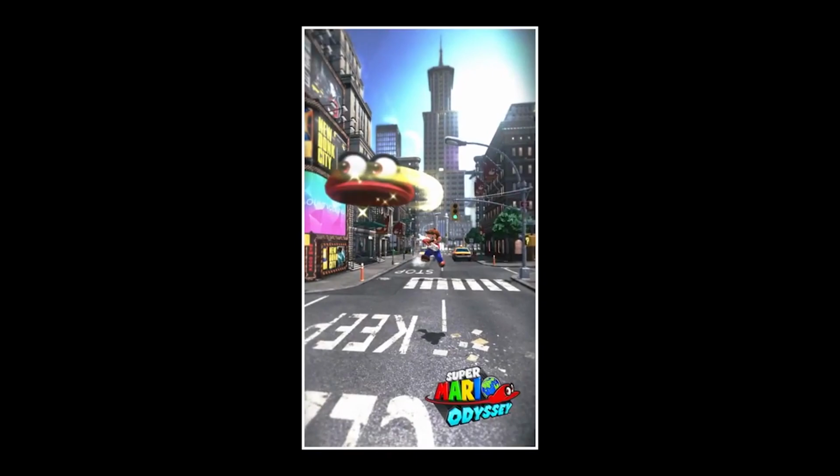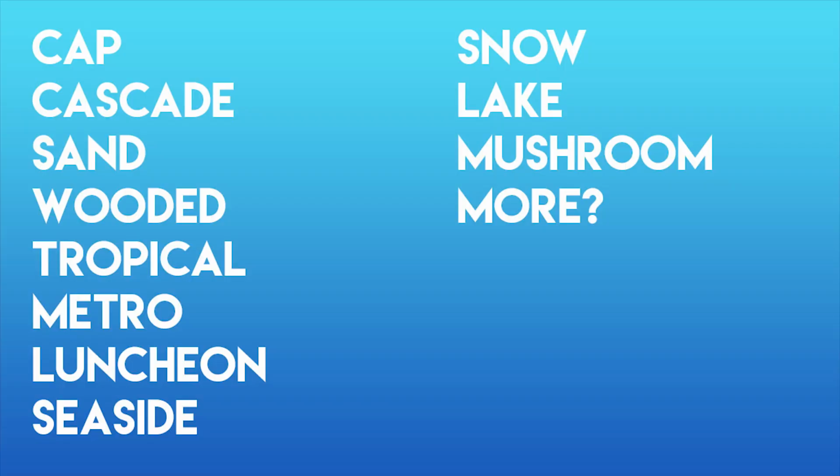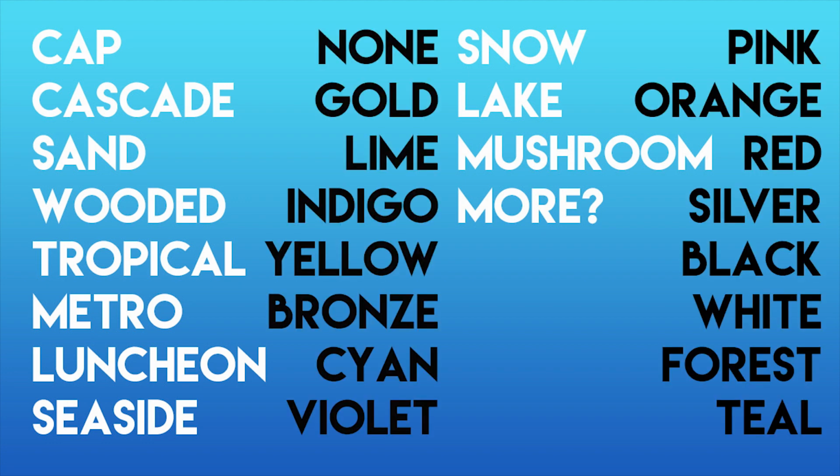So I'm just going to throw this on the screen. Go through really quickly. All the confirmed kingdoms we know are Cap, Cascade, Wooded, Sand, Metro, Tropical, Luncheon, Seaside, Lake, Snow, and Mushroom kingdoms. Now, we know that, I'm pretty sure, the Cap Kingdom has none. Cascade Kingdom has gold